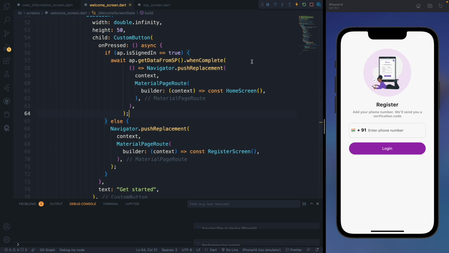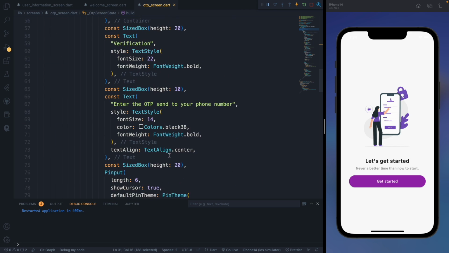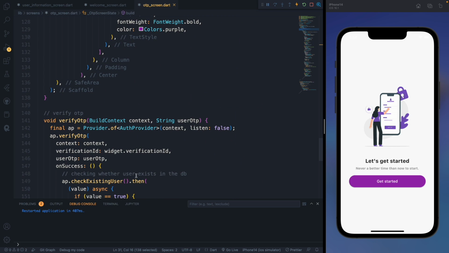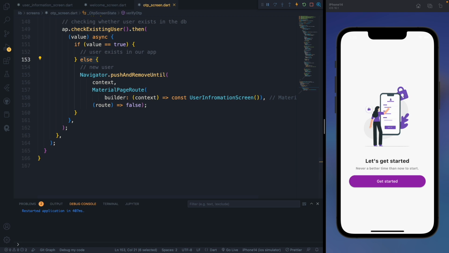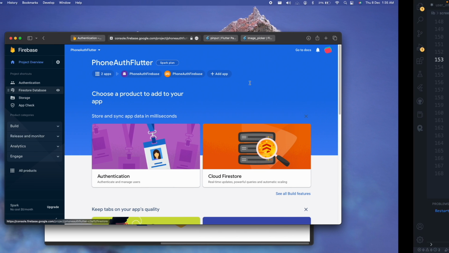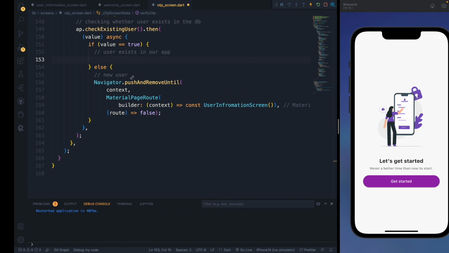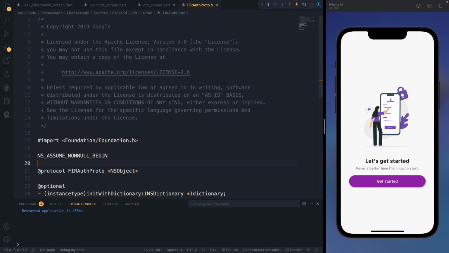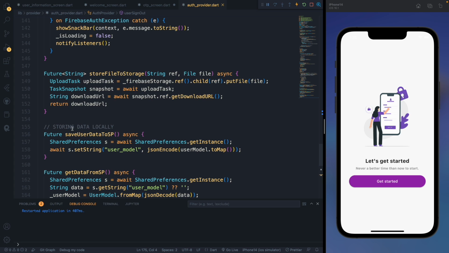So now I can reload, but if you remember in the OTP screen, there was this value which was checking whether the user exists in our application or not. Currently the user exists in our app, so we need to set that thing also. So here we need to see the diagram. If it exists, get the data, then set sign in, and then set shared preference. So we need to get the data. For that, what we can do is